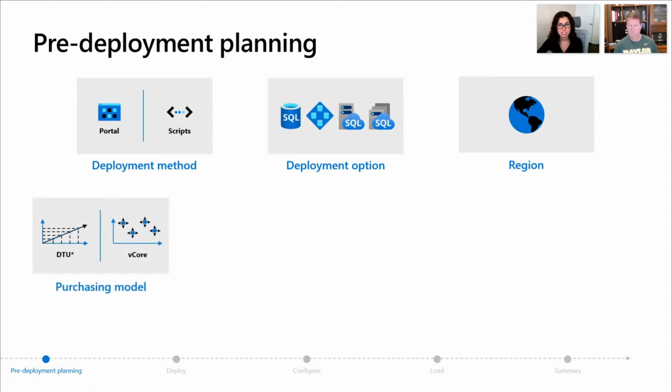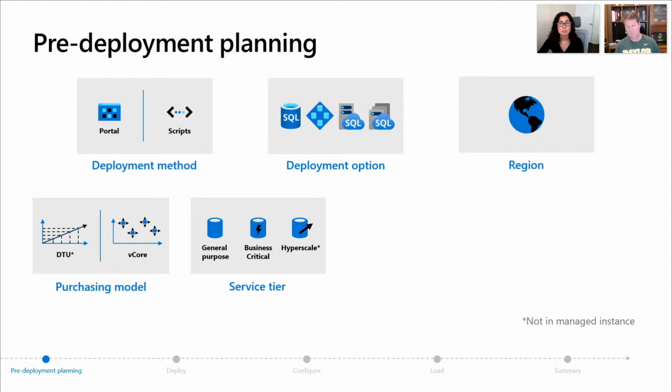Then we talked about this last week as well. You need to pick the purchasing model. So again, for Azure SQL Managed Instance, this is an easy choice because your only option is the vCore model. But for Azure SQL Database, you're going to have the option of choosing between the DTU model and the vCore model. And once you pick that, you're going to pick a service tier. Now, these are the service tiers available for the vCore model, which was the service tier